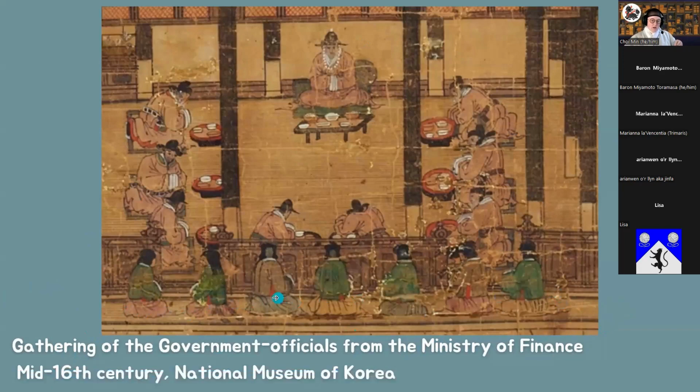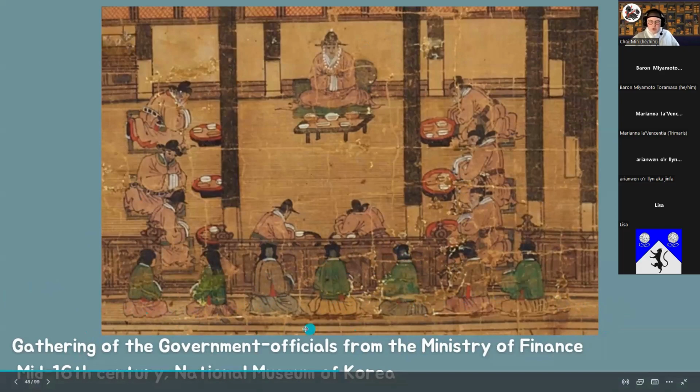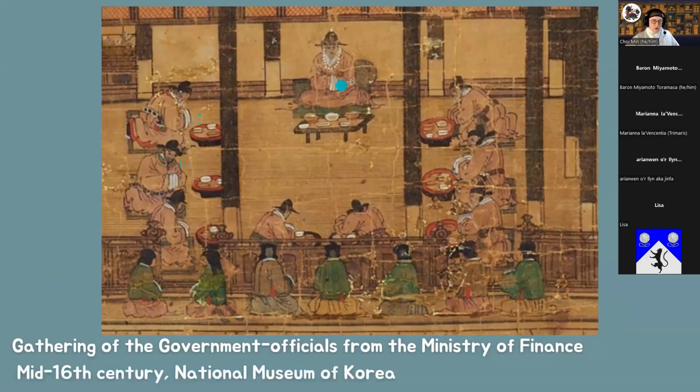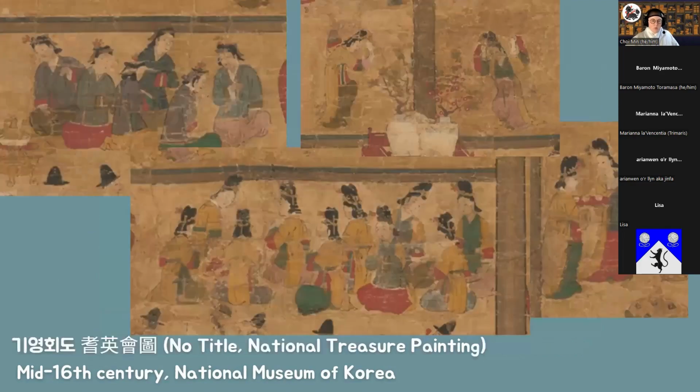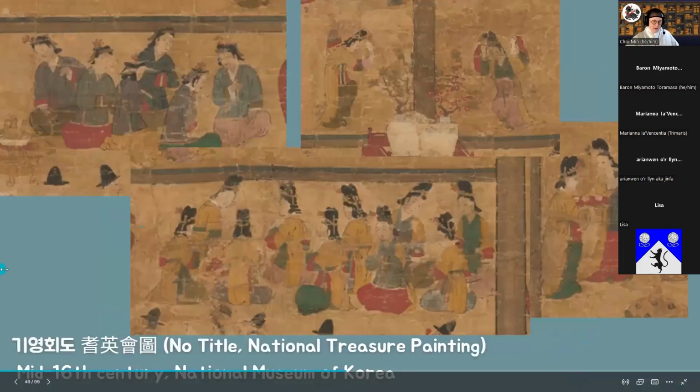You can see their joguris have a red color as the side, the underarm gusset, and I don't think men's stuff did that. We've only seen it in women's stuff, and they have cloth coverings on their heads incorporated into their outfits here. But we have a joguri and it goes pretty low, and it has a skirt, and then it has a white undershirt, is probably what the white is that you're seeing peek through on all these. Here's a got as well, so that's why I have this here. And yes, those are pink robes. I will interpret one of those one day.